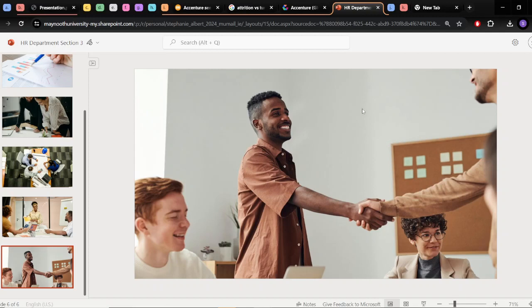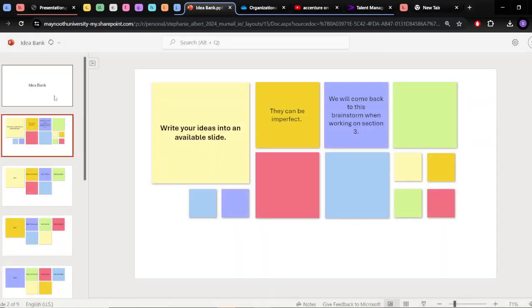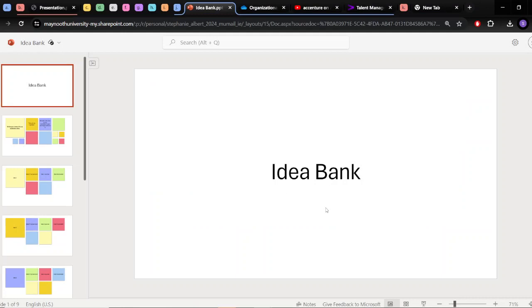And that's why we can't do it until we do section 1 and section 2, because we just need to figure out what organizational culture is. We need to show that we know it. We're obviously learning it right now, and then we need to figure out number 2, like everything about Accenture, and that's what we need to do in section 2, right? So as we're researching culture and researching Accenture specifically, some of you may get some ideas about what you want to say in section 3.